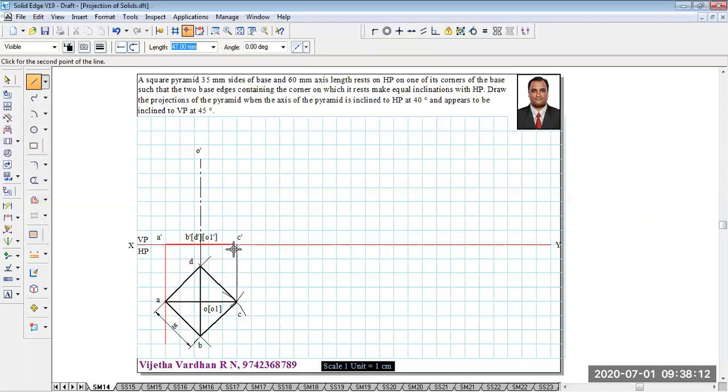Now to complete the front view, using your HB pencils, complete the boundary line. What is a boundary line? The base is going to be the boundary, and connect it to the apex position O dash to A dash and A dash to C dash. This is what the front view is going to look like. Now remember, in case of a pyramid, the front view is always a triangle, whereas in case of a prism, the front view is going to be a rectangle.